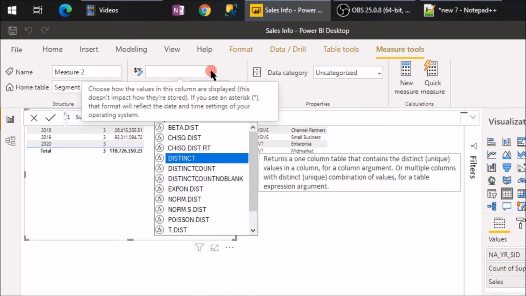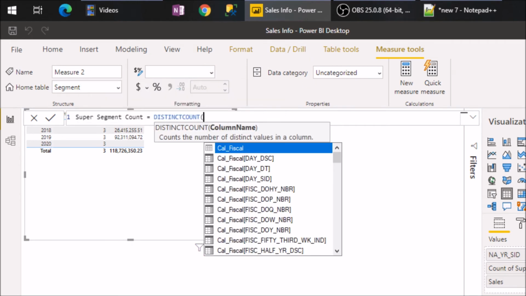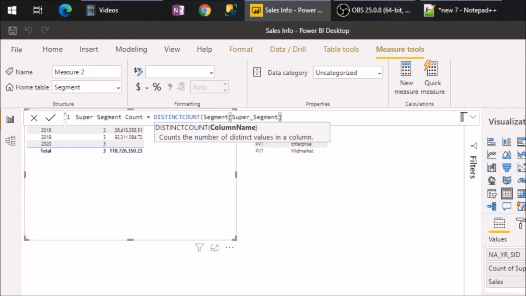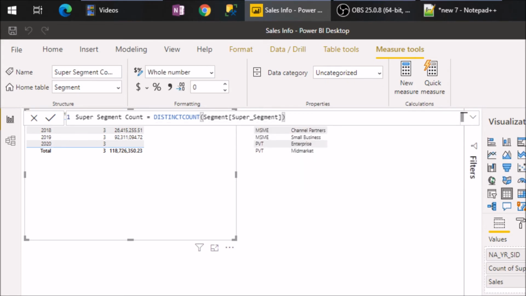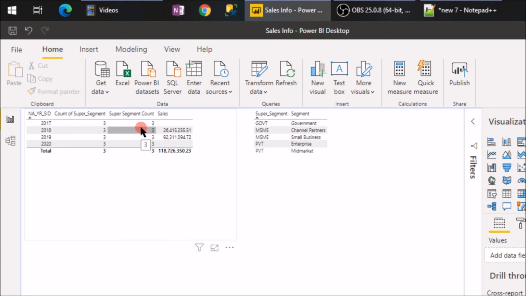So I'm just going to do a distinct count of the super segment, okay? And I'm just going to drag and drop the column to here. So yes, I get the same value 3 repeated, which is the same as this.